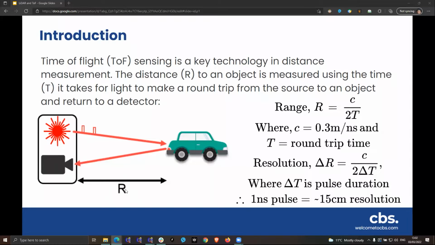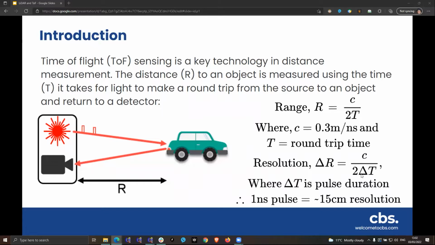And so this distance r we can actually calculate from the time that it took for our light pulse to travel that round trip. It's a very simple calculation. It's just the speed of light divided by 2 times the total time. The speed of light, of course, 3 times 10 to the 8 meters per second is what we normally think about. But in LiDAR applications, it's sometimes more helpful to recast that figure and think of it as about 30 centimeters per nanosecond. And the resolution of our optical LiDAR system, we can also calculate from this other function here,